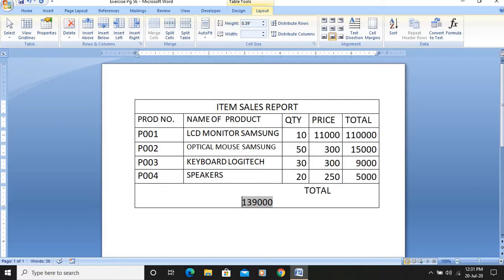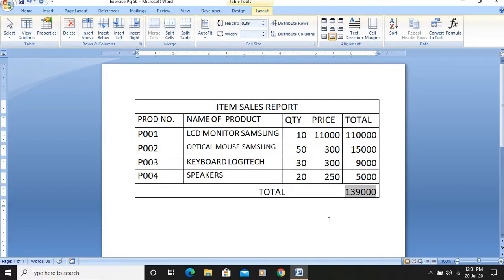This is my total, which has come to be 13,139,000. So this is the table which is created.